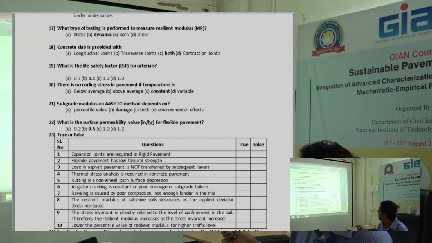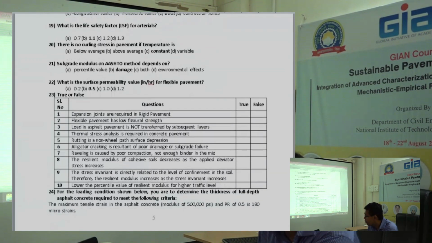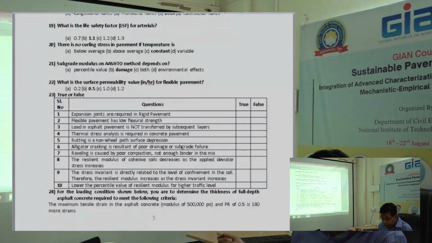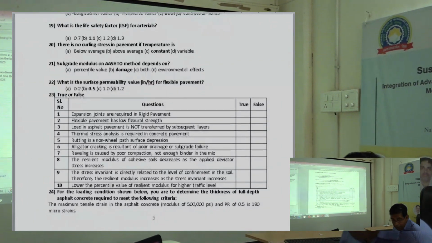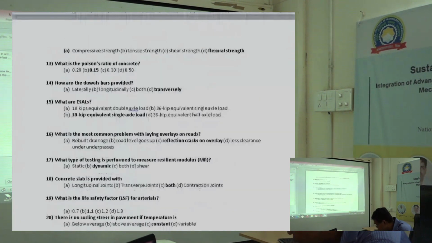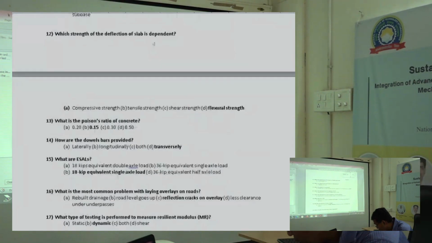Let's look at this. Expansion joints are required in rigid pavements. True or false? No, sir. Yeah, you need a construction joint, right? Unless you're pre-stressed. So the true or false, right? So you guys, let's go through this a little bit online. Let's do this together. Construction. All right, let's